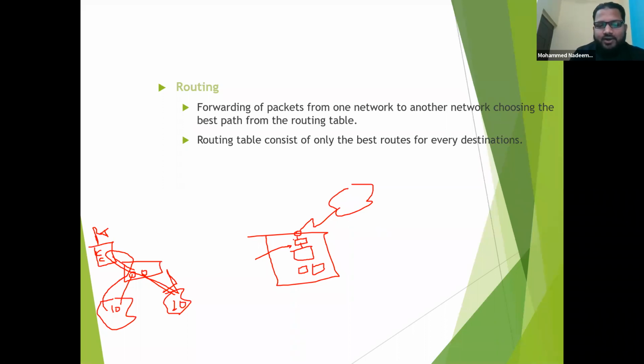In firewall technology, you will understand that a firewall has zones. Zones are nothing but boundaries. Let's say this firewall has two interfaces. One interface is connected to the core switch, so this zone is called the inside zone. The other interface of the firewall is connected to the ISP router, so this zone is called the outside zone.